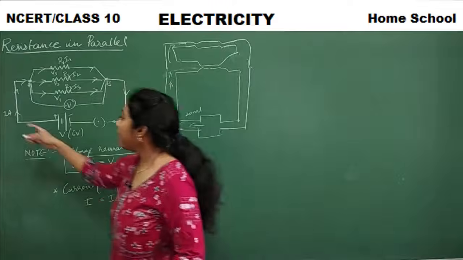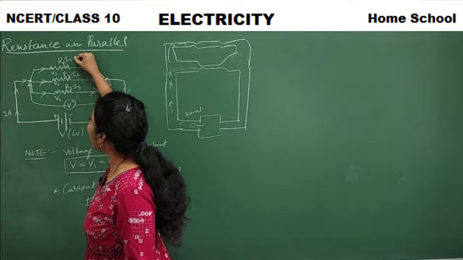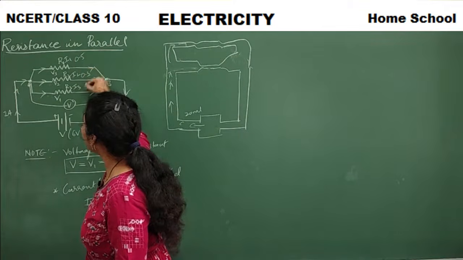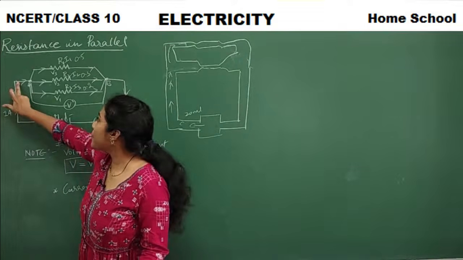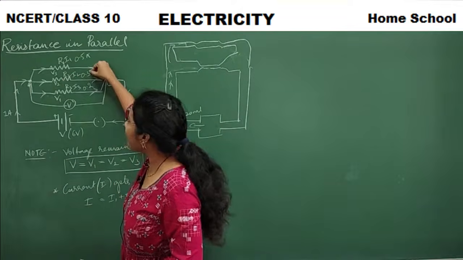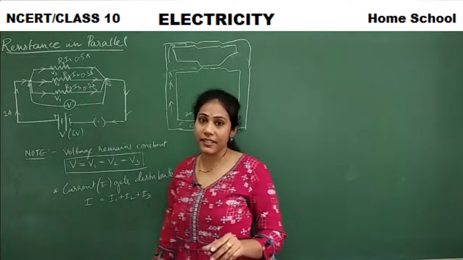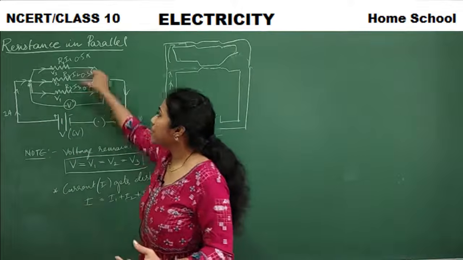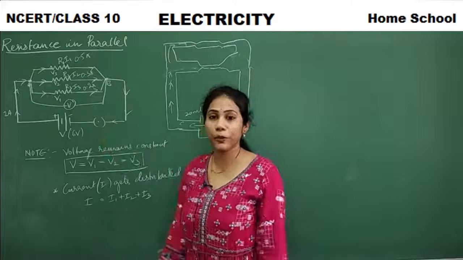Say for example 1 ampere of current is the total current, right? So here you may have 0.5 ampere, here you may have 0.3 ampere, here you may have 0.2 ampere. So among that 1 ampere of current, 0.5 ampere is going to the first resistor, 0.3 ampere is going to the second resistor, and 0.2 ampere is going to the third resistor. Like this, among that 1 ampere of current, some amount goes to first, second and third. Like that it is getting distributed.